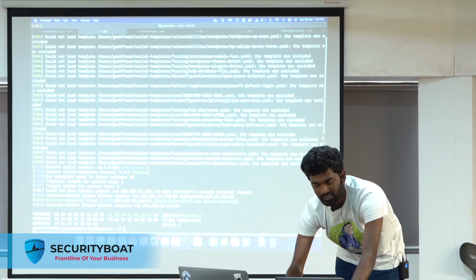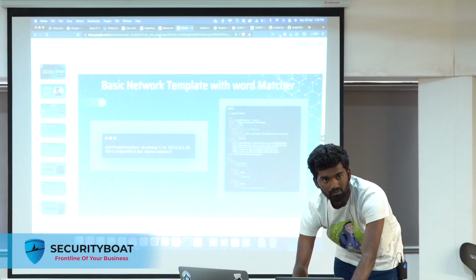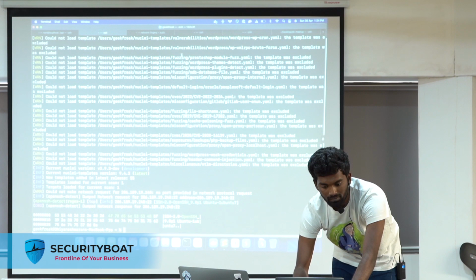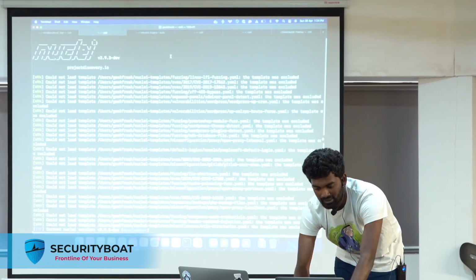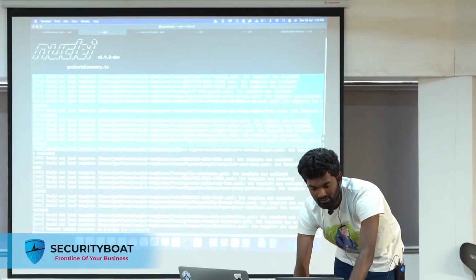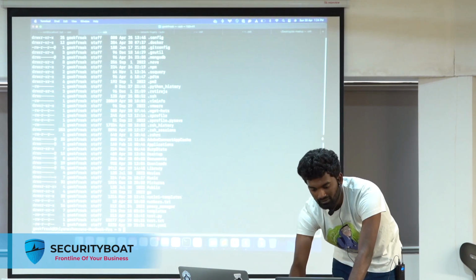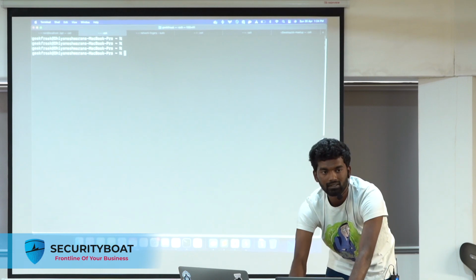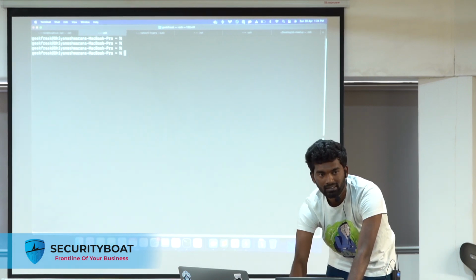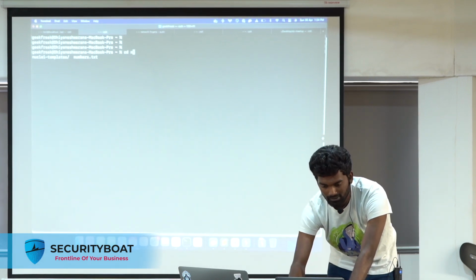So this is just a basic template. Why is it trying to include other templates? This chunk of output. If you're familiar with the project, we have a file called .nuclei-ignore. So I will go to